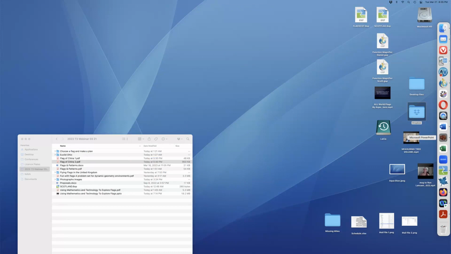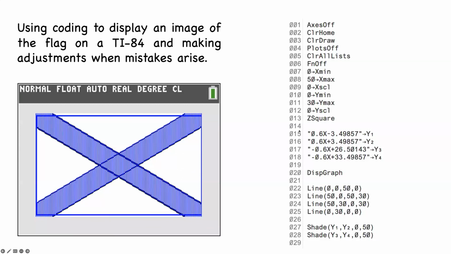And I guess what Ken and I are suggesting here is the idea of you modeling this for your students and giving them a bit of an idea. This could be done in a video, where you go through what you've personally done to develop some equations and what you did with the coding. And that is a beautiful assignment for your students. Have them take a flag and do it. In your class, every student could get up for a minute and talk about the country that they got, what language is spoken there, what's of interest in the country, what do they manufacture, where is it, what's the population, whatever.